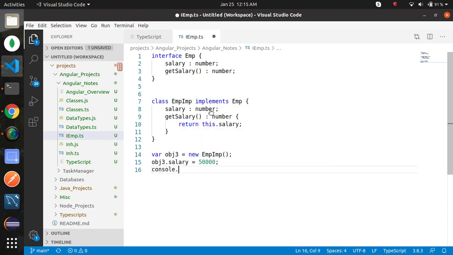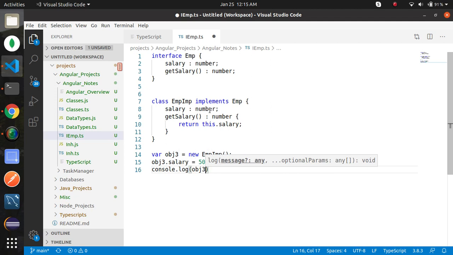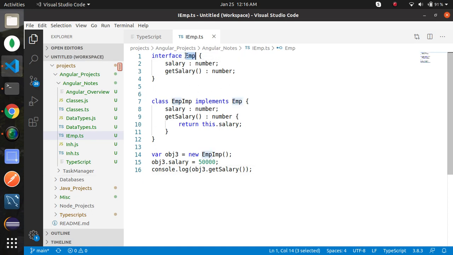Console log obj3 dot get salary method. Now if you look here, the interface name is emp and the property is salary and there is a method get salary. In the implementation class there are both the property and method, and I am assigning the value to the salary property and then taking an output statement to get the salary.